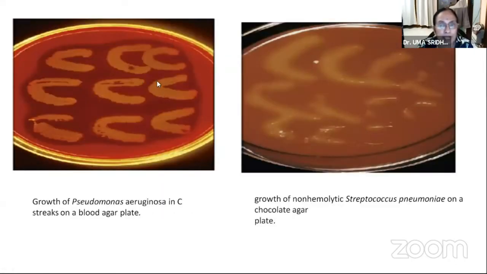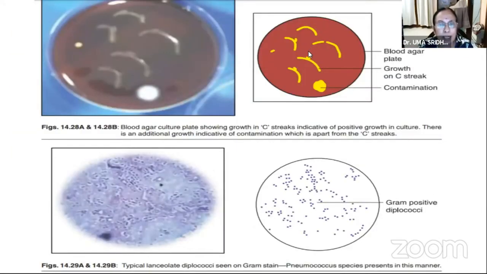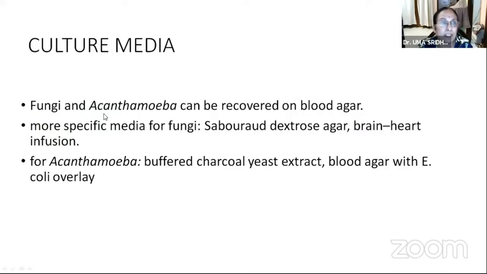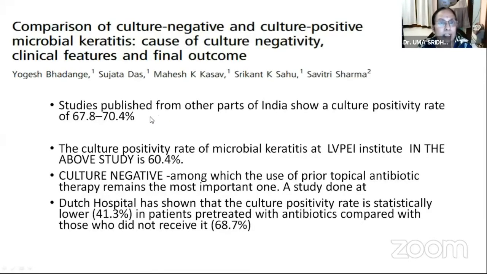And we find that we have to put it in C streaks so that we can eliminate the contamination there. In the culture media, the fungi and the acanthamoeba can also be recovered on blood agar, but acanthamoeba mostly on non-nutrient agar. We have several studies, but we'll keep everything very practical here. So the scraping can be done in the OPD itself. And we can scrape it at the slit lamp and use a Bard-Parker blade, number 15, after application of